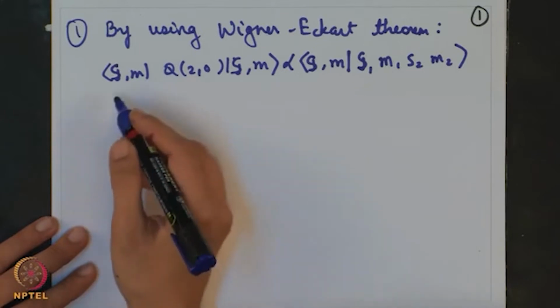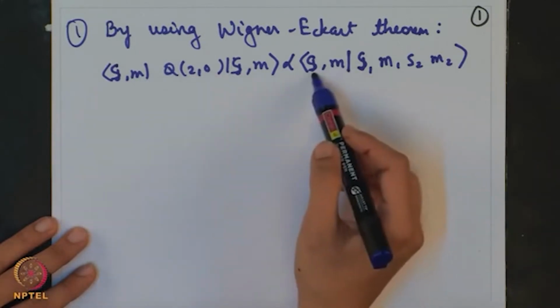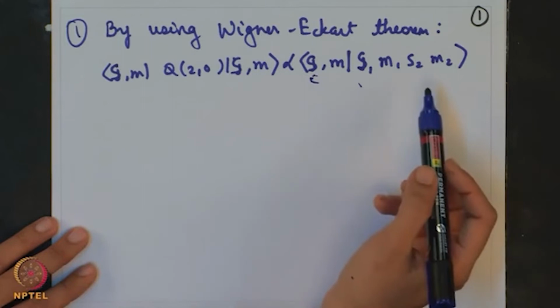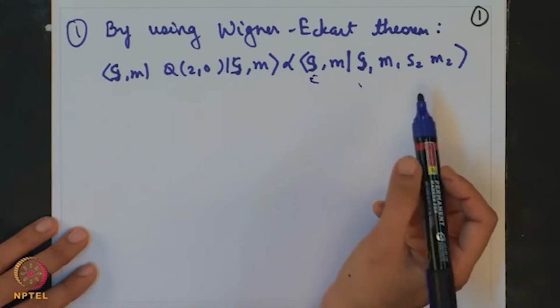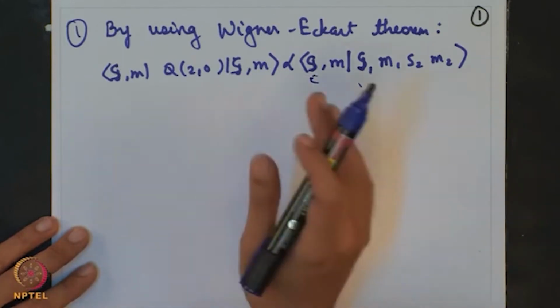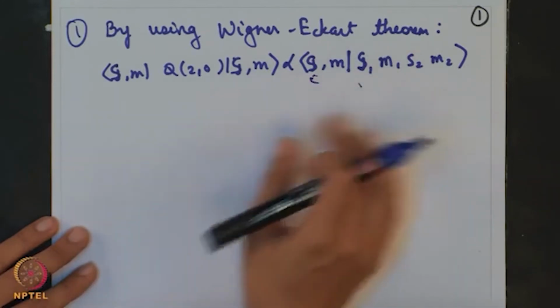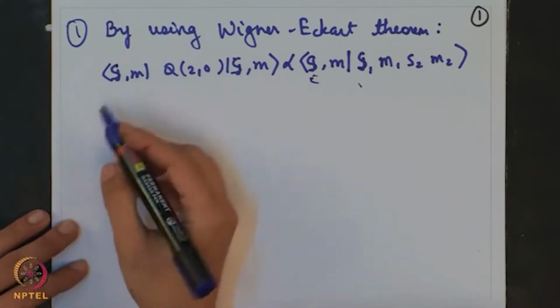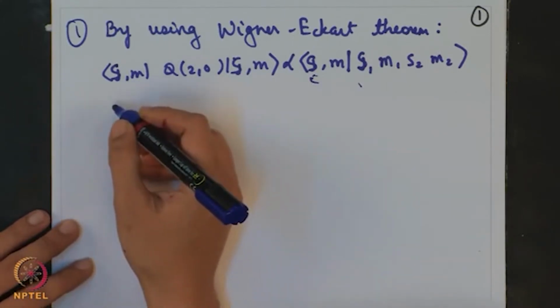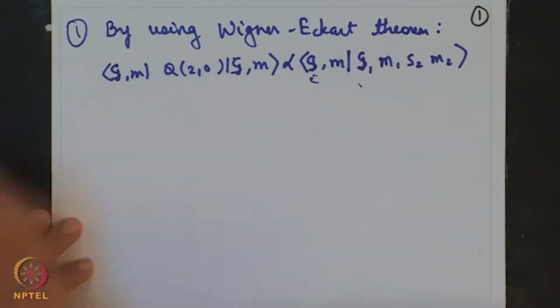It will be very simple, but you need to also know how to evaluate the CG coefficient. I think you might have mastered it by now. If you have done the previous tutorials, then you will be able to simply solve this road map which I am going to give you. So, you will start by writing. So, we know that